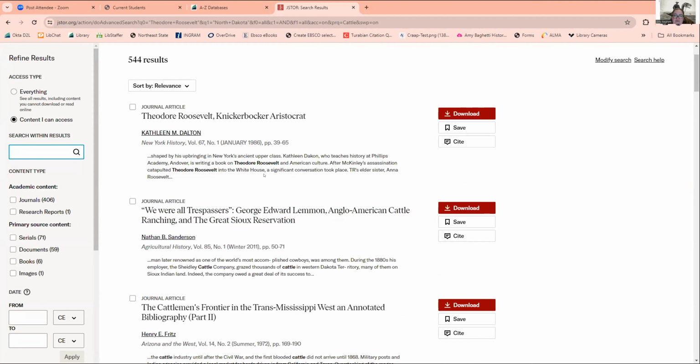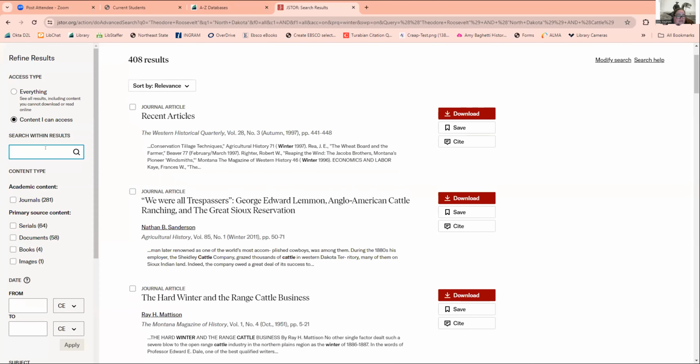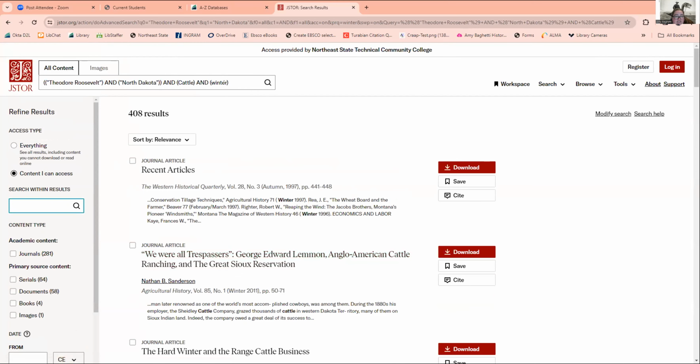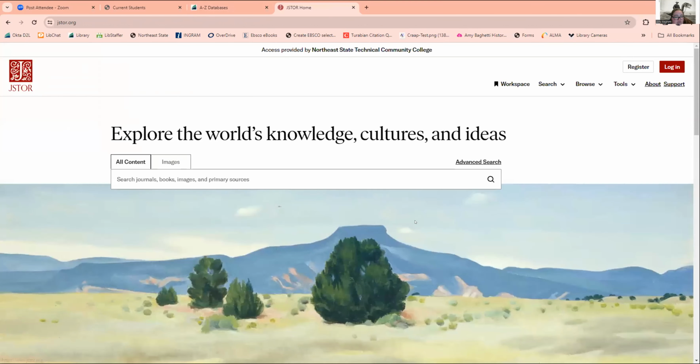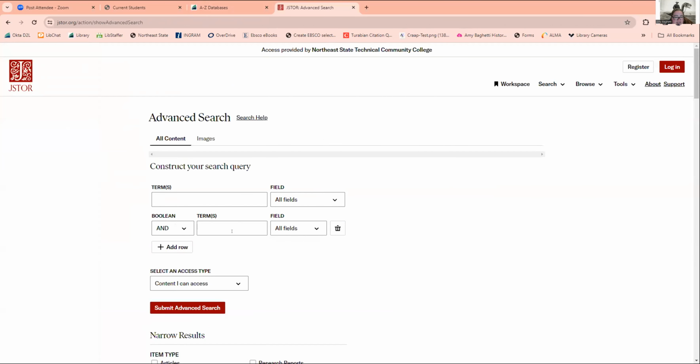Let's say we want to hear about how rough the winter was out there in North Dakota at that time period. So I'm going to do search within as well. Search within is basically just adding information to that advanced search string. Sometimes it will return more results. If it's doing that, it's just wonky, I don't know why. You can always just go back into JSTOR and into advanced search if that's not working right, and do